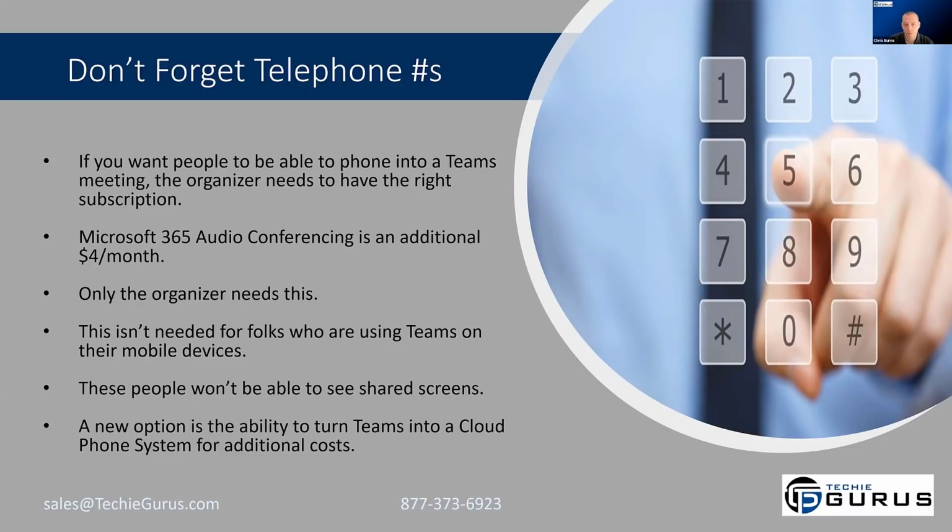If you 100% want people to join with a web browser or a mobile phone or just the Teams application, it's perfectly fine. A lot of times though, people do want to call into a meeting and they don't necessarily need the video part, or it's just like a conference call situation where you don't need video or you're not sharing anything. That $4 is nice because it's really inexpensive. For less than $50 a year, you can get what GoToMeeting charges you $25, $30 a month for. So it saves you quite a bit of money, but also gives you a lot of flexibility to use Teams